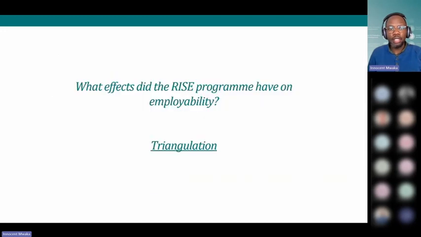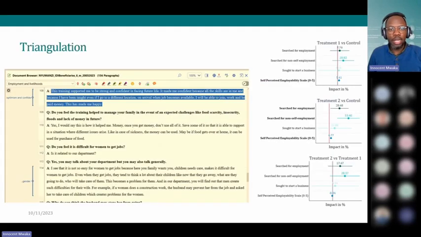And then finally, what I want to talk about is the triangulation that I promised to share with you. And again, when we look at this, the only thing that I want to demonstrate here is that sometimes when you get information from different approaches, it might increase your level of confidence in a certain result that you have. So here we see that